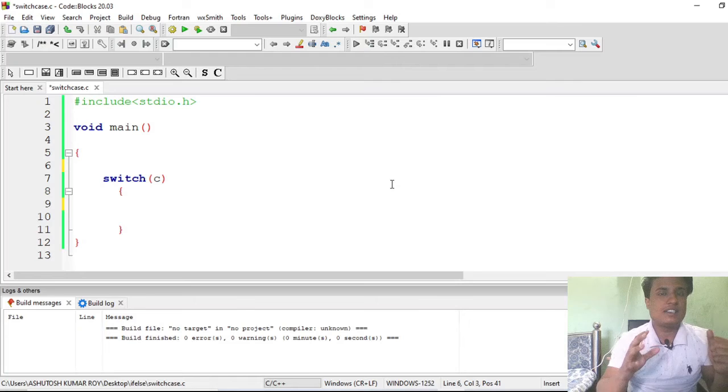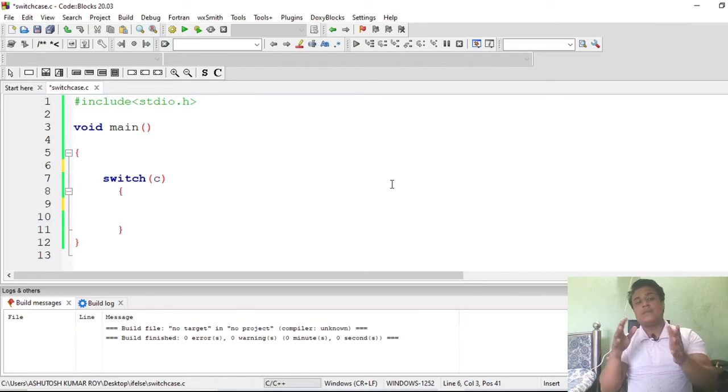So let me show you the last code, a nested switch case statement. Like we have seen the nested if else statement, in the same way there is a nested switch case statement, and the code which I am going to design here you can also do using if else. In this code I will show you how to design a login form. Suppose you enter a user ID and then a password, and it logs you into your system. This is generally used in web development languages like JavaScript, where switch case and if statements are also used. I will show you how to develop your login scheme using C.